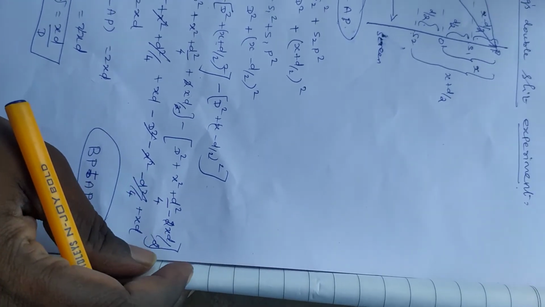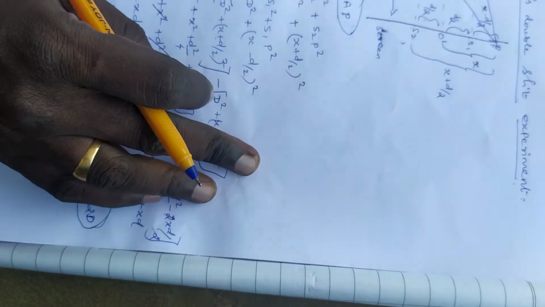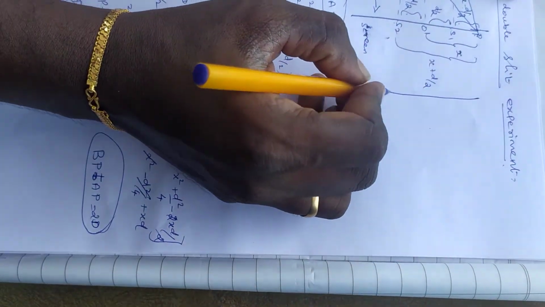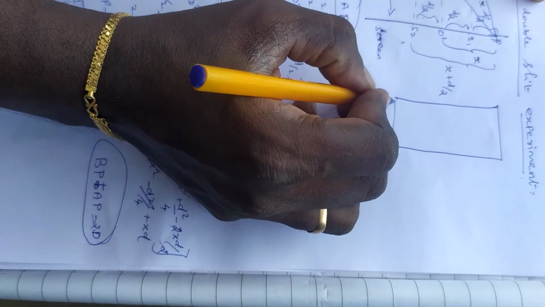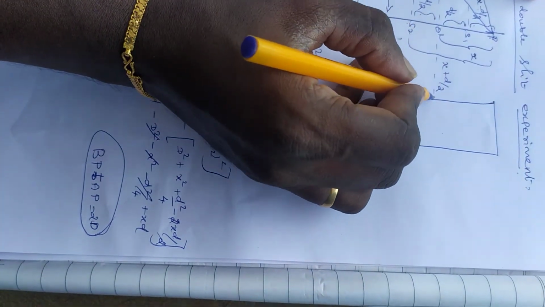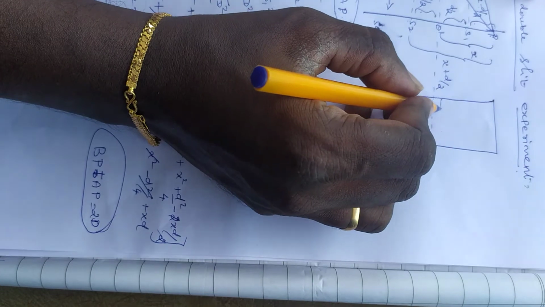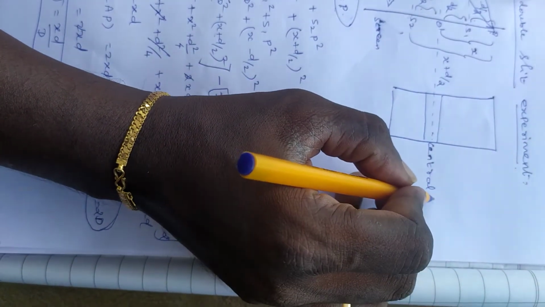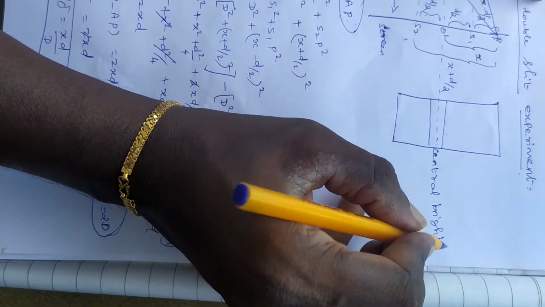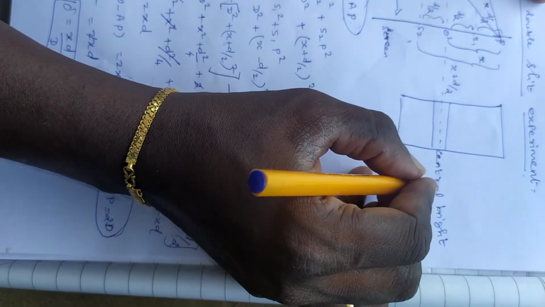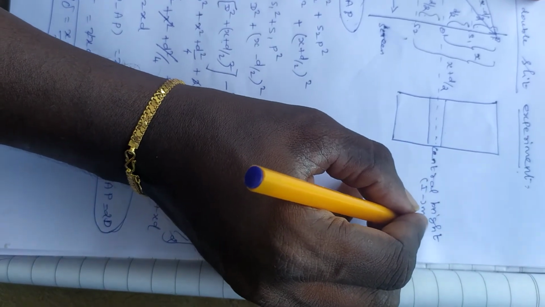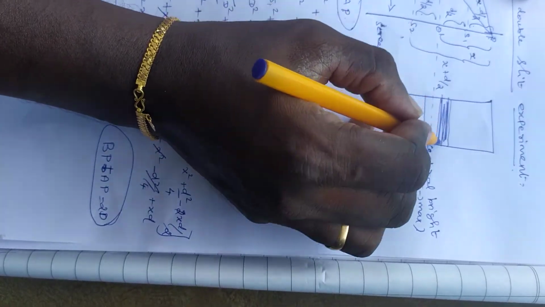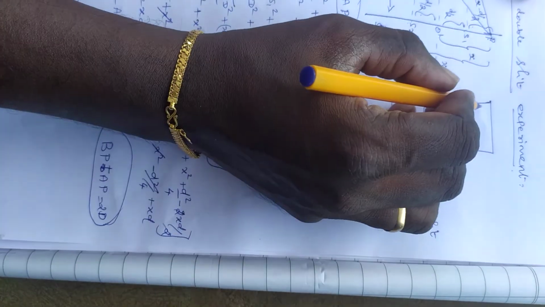Then there are two types of fringes that can be obtained: one is the bright fringes, and the other is the dark fringes. When the image is obtained on the screen, what happens at the center? The central fringe is a bright fringe. Bright fringe alone is formed at the center. The intensity will be maximum. Next, what happens? Dark and bright fringes are alternately formed on either side.